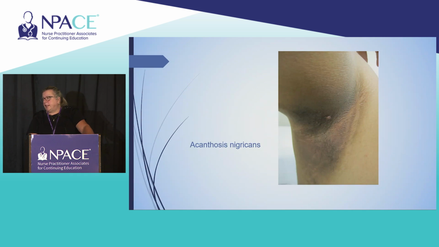So acanthosis nigricans, we've all seen, we're all familiar with it. It's been historically associated with insulin resistance. However, there is an acute onset of acanthosis nigricans that will develop very rapidly, and it will be not just that velvety, smooth, hyperpigmented patch, but it will become somewhat lichenified and thickened and develop acrocordons, tags, keratoses throughout,